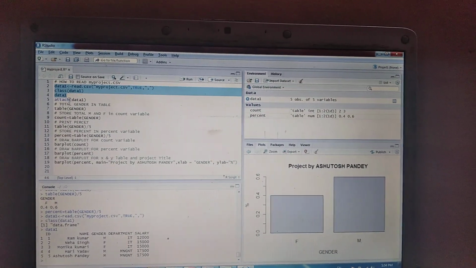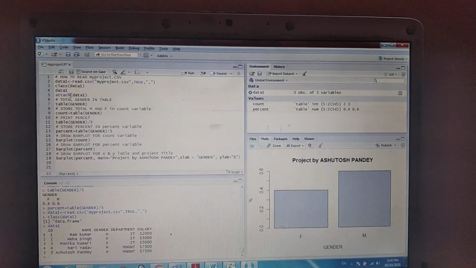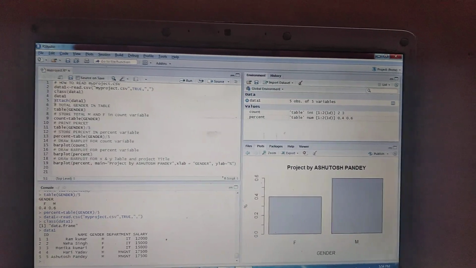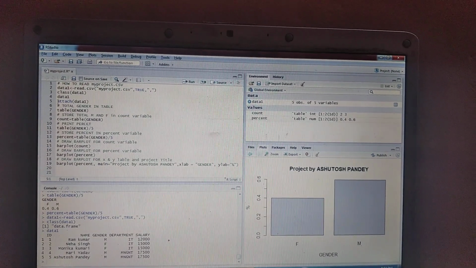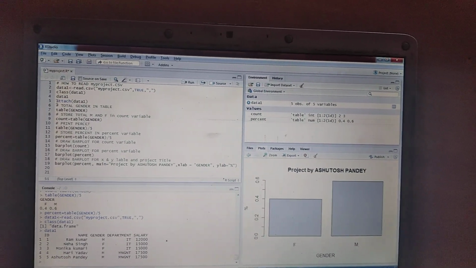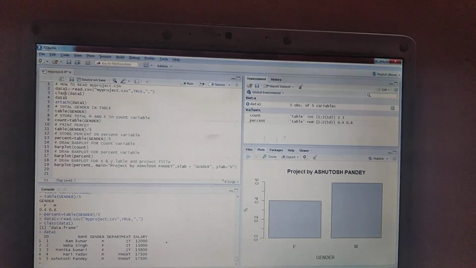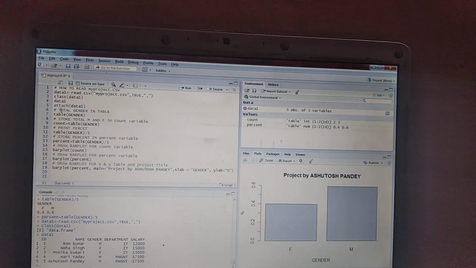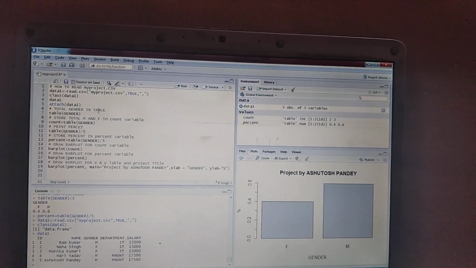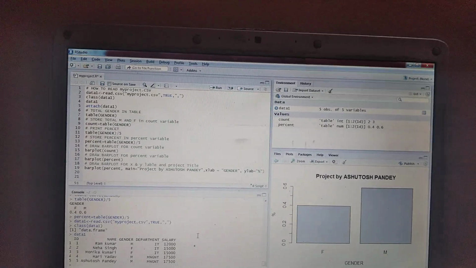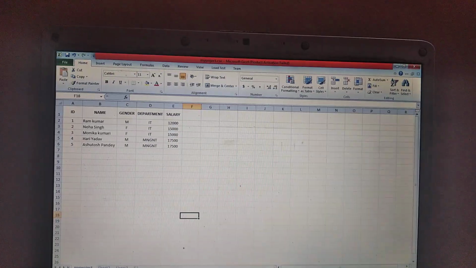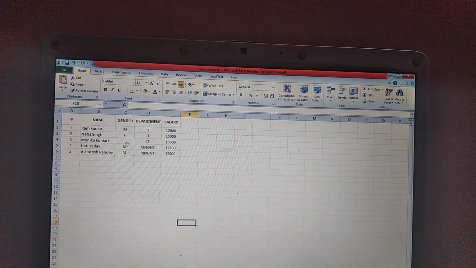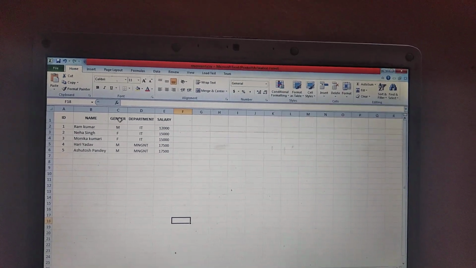After that, when we talk about bar chart plotting, there is a need to attach our CSV file again. So I'm using the attach function and then calling the data variable. Now here we can see total gender in table, meaning we talk about the gender field.